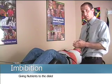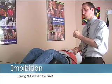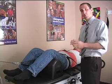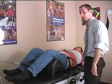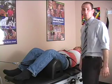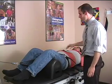So if you think of the disc as a sponge, every time it pulls, it opens up all those pores, and then it lets go, and it actually pushes and opens and closes the disc so that we can put nutrients into the disc. Because the disc has a poor nerve and blood supply, this is one of the best